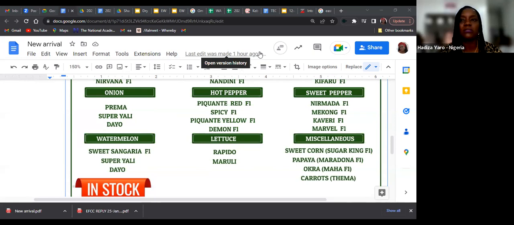I have a lot of customers on my neck. When will it come? When will it come? But we have a standard procedure where we have to do the screening, where we have to do the launching, where we have to even do the seed production before you get it right at your doorstep. Last but not the least on our arrival item is carrot. We have Therma. So I think I have exhausted our new arrivals. Peradventure, you know somebody that has been in search of these varieties, or probably you are seated listening or watching, please extend my good news to Nigerian farmers. Thank you very much.